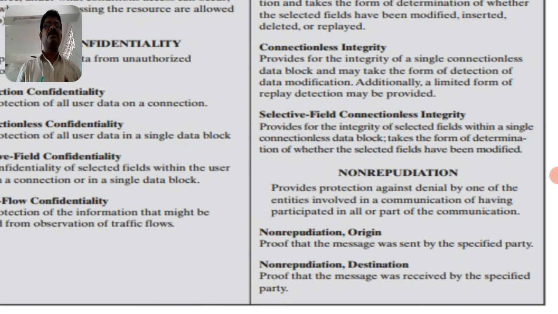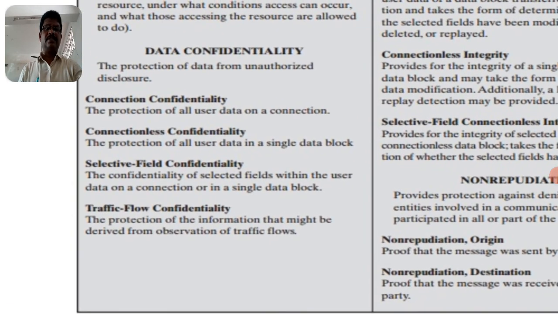So non-repudiation is taken on the origin side, that is the source side. Non-repudiation is also verified on the destination side. So it is a balanced factor which may be taken in the time factor. This is one type of service which protects the data. So we have to observe that confidentiality is one of the security services, authentication is one of the security services, integrity is one of the security services, and non-repudiation is one of the services. And the fifth one is access control.